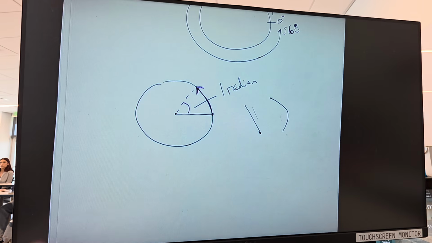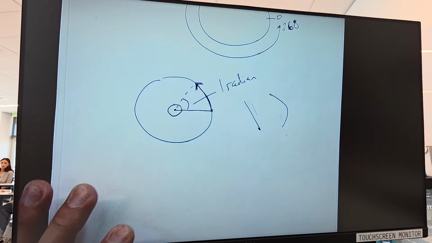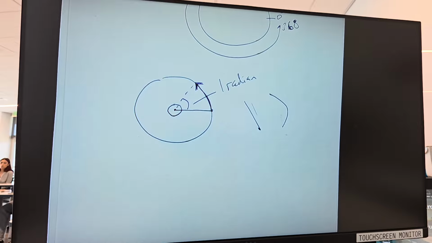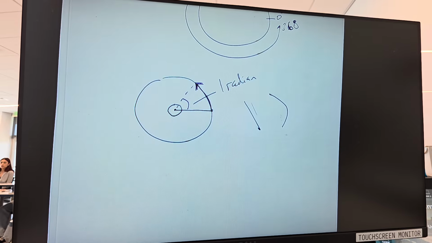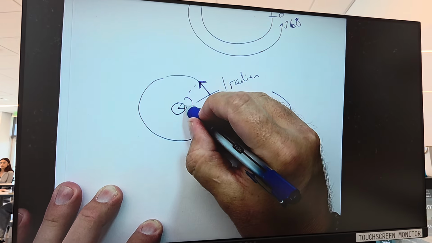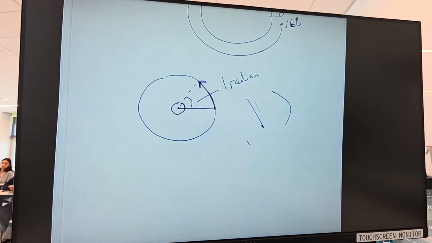And I told you yesterday, what if the circle was much smaller? What if it was, look at that little tiny guy. But what happened to his radius? It also got smaller by the same proportion. So if I take his radius, put it here, and I curve it, and I put it back on, hey, he's gone exactly the same angle. So 1 radian, it doesn't matter what circle it lives in, it's always going to be the same angular movement.